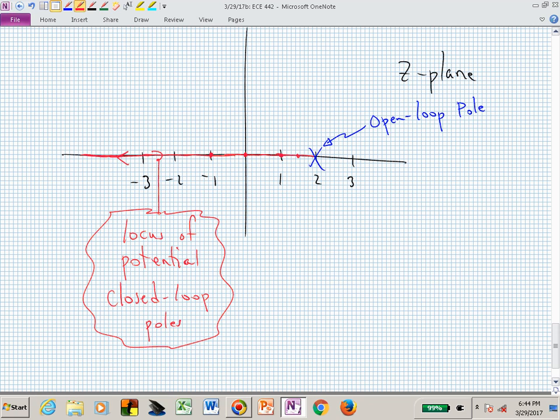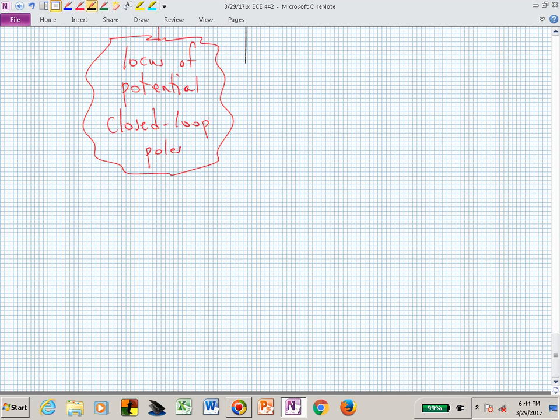And if you have some control background, you're going, that's a root locus. That's the root locus diagram. But we'll expand on that a little bit more. But what can we see? What's one possibility? We're just trying to find some acceptable values for k. One possibility.